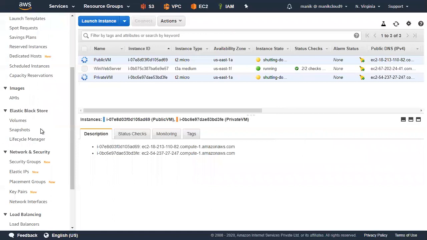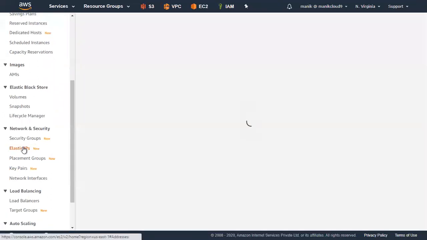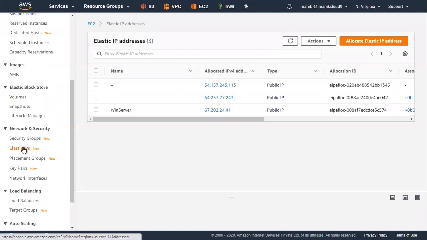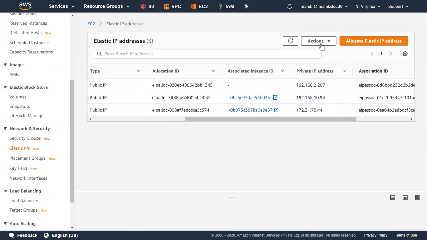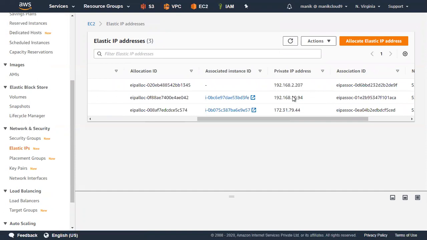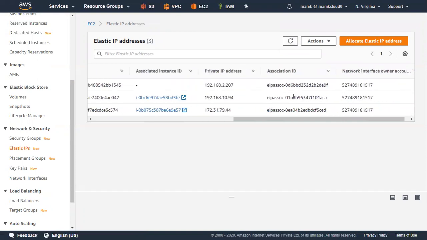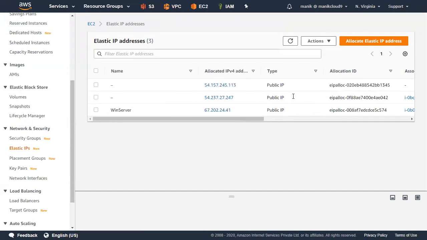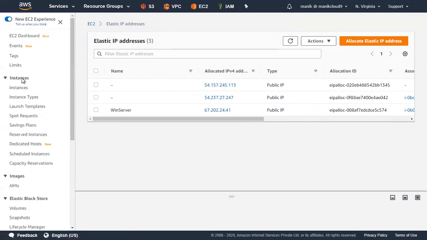I have also created one Elastic IP, so let's go and delete that Elastic IP too. I'm not sure which Elastic IP is for my NAT gateway and which one is for my machine. Let's figure it out.